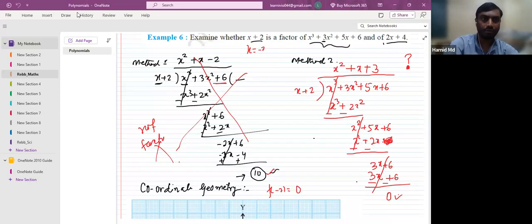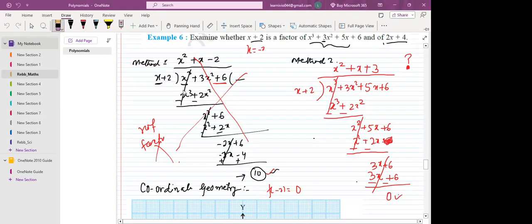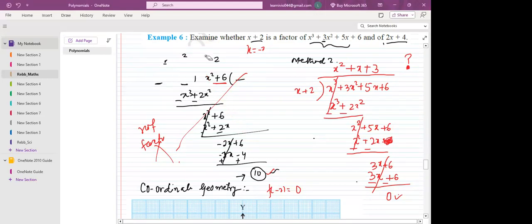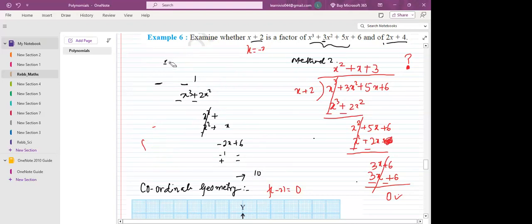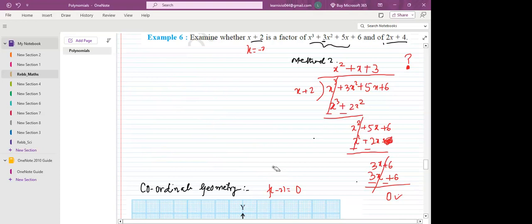I'm removing the other part. This part. This is called the remainder theorem. So what the remainder theorem says,